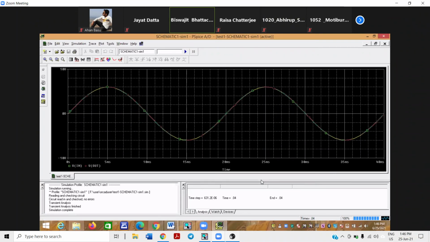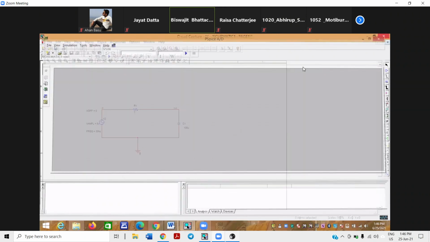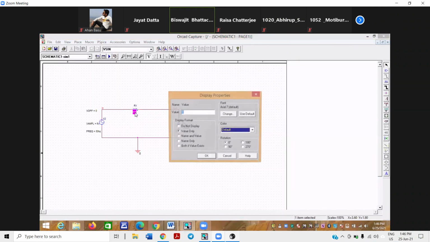Now we can change the value of the resistance. If we increase the value of the resistance, then some of the voltage will be dropped in the resistance and our output voltage will be less. So better we do that, increase the value of resistance. So from 1, we make it, say, 300.